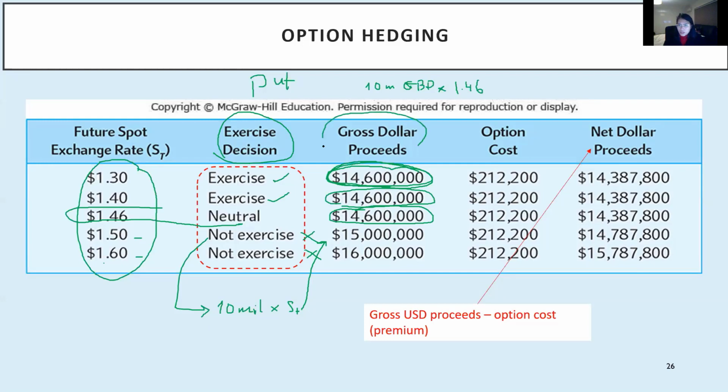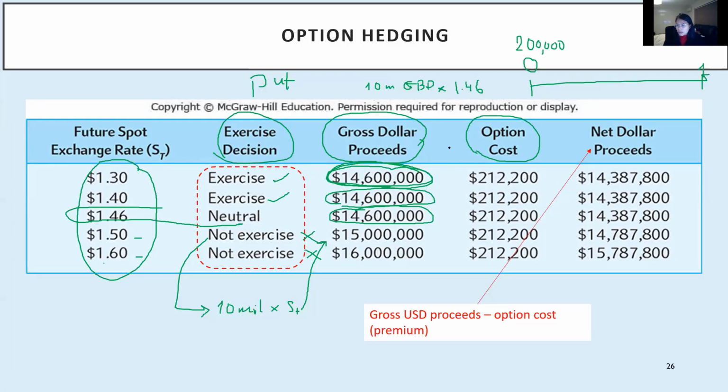So these are just the gross dollar proceeds from an option hedge. Besides the gross dollar proceeds, I need to take into account the option cost as well. So I have to pay the option premium as of today, 200,000 USD, as we mentioned before,